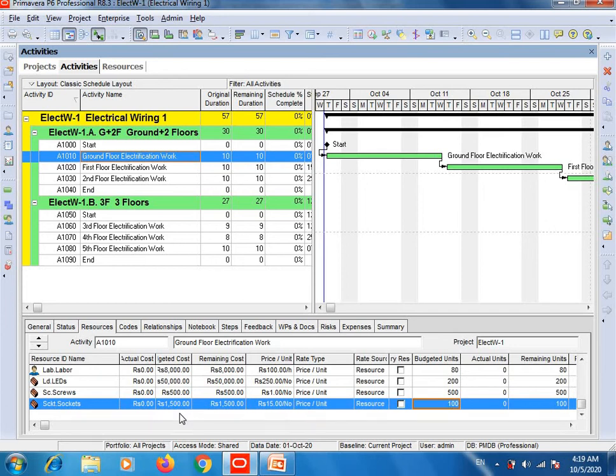And as I told you during adding resources, if there are 10 laborers required and 2 engineers required, you will do a single entry. Then in this section you will do some calculations by checking the original duration of the activity, and also the per hour price, and the total hours of duty. The standard is 8 hours daily duty, and also the price per unit. You will do these calculations and insert values here. And this is a tricky part here.